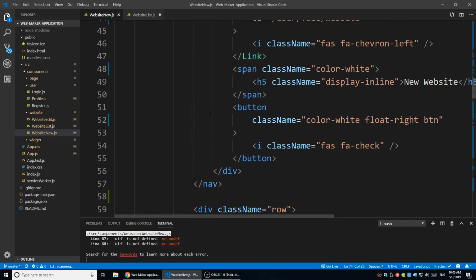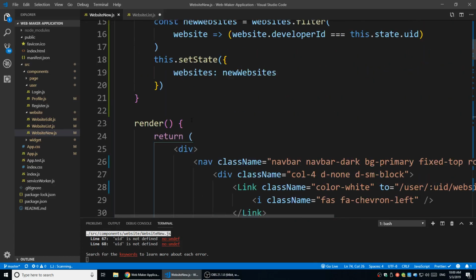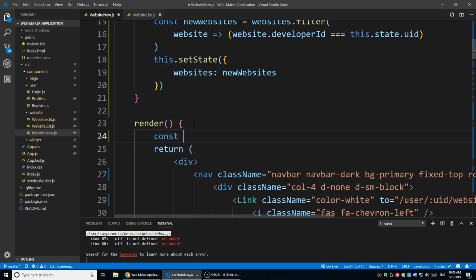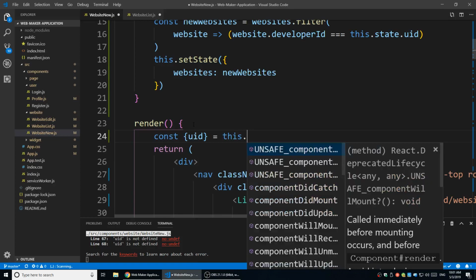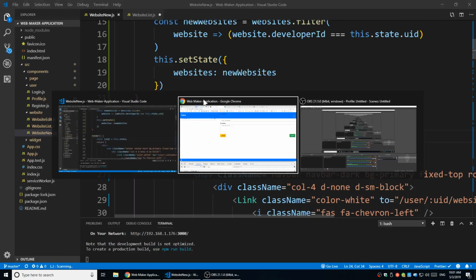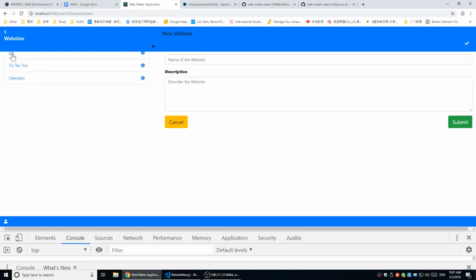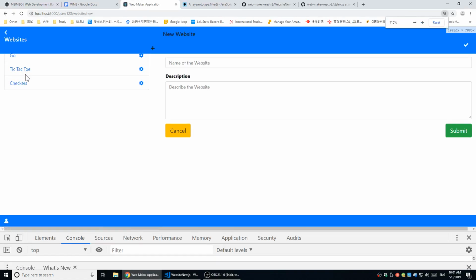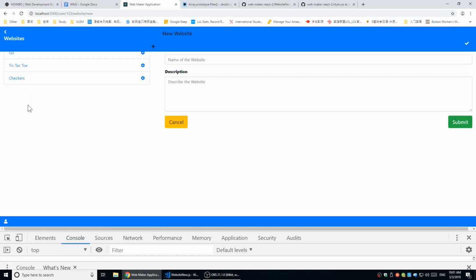I'll need to do a destructuring, just like in the website list. I'm gonna say const UID is from this state. Destructuring. And it should display, so the list for the Alice. Go, tic-tac-toe, and checkers. Those are websites for the Alice. Okay, so next thing we need to do is,